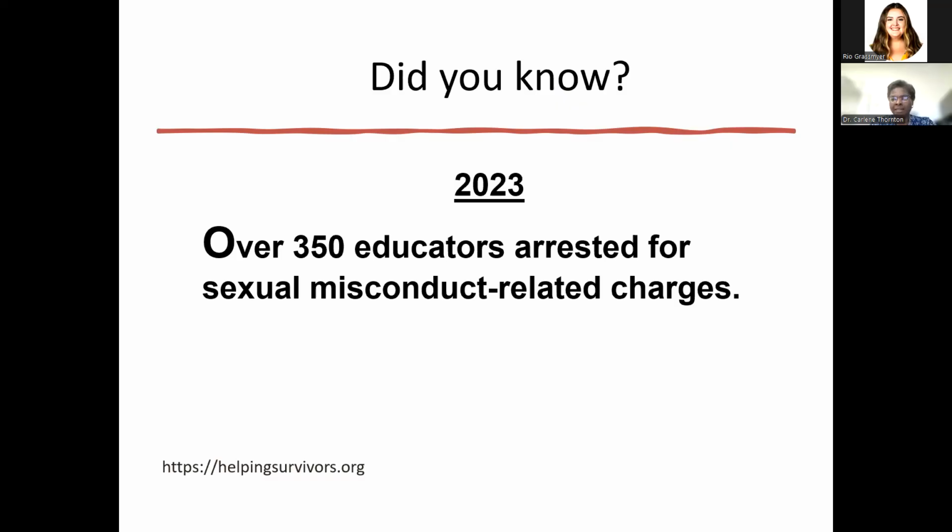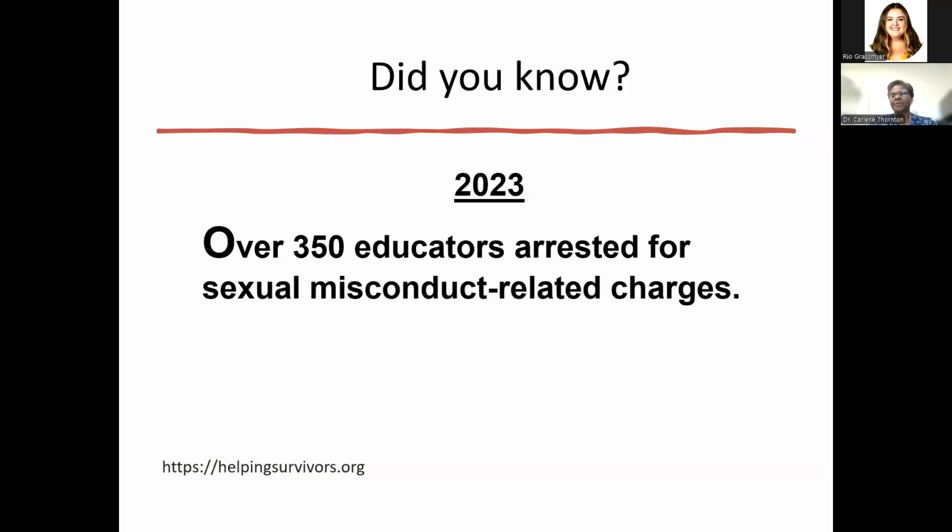These are actual arrests, and arrests based on the evidence that was presented, that we had over 350 educators arrested in 2023 for sexual misconduct. And when I searched as early as this morning to see if the numbers for 2024 were already out, I was not able to find any solid numbers. There were many cases that came up, including cases in 2025 of